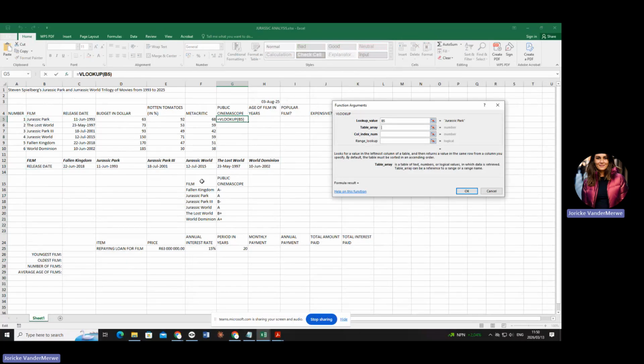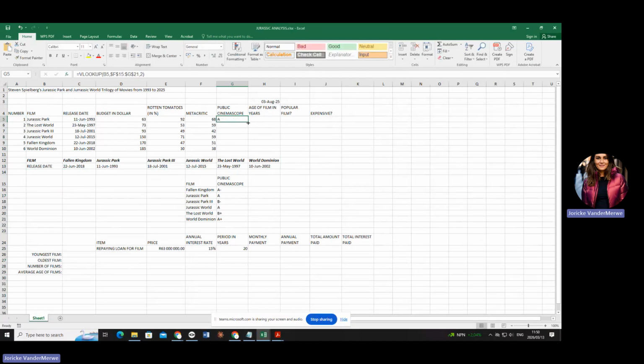My table array is that one. But what must I use when I do this? F4 on both sides of that colon. And then in what column is my answer? In column 2. Yes? And then I'm going to say okay, and then I'm going to autofill. Are you all with me?